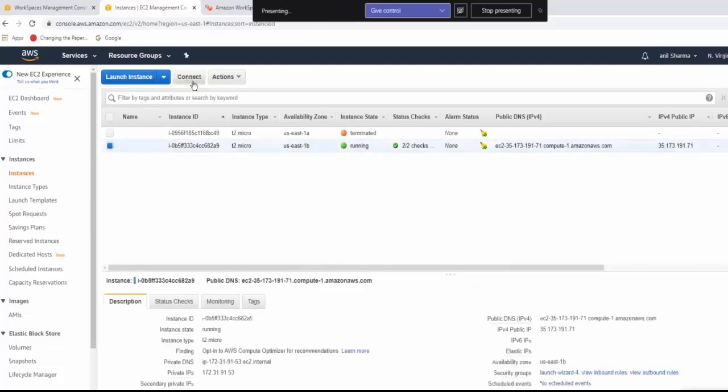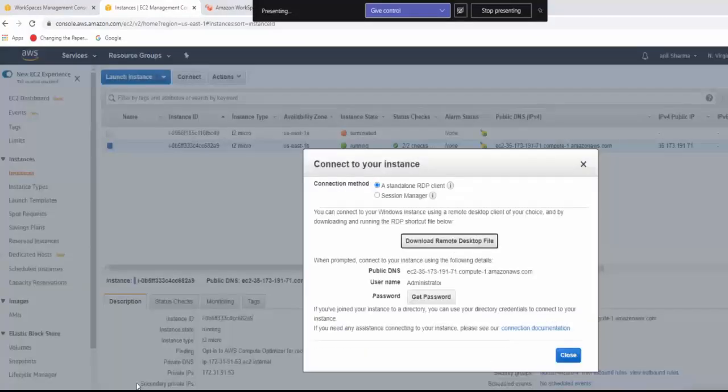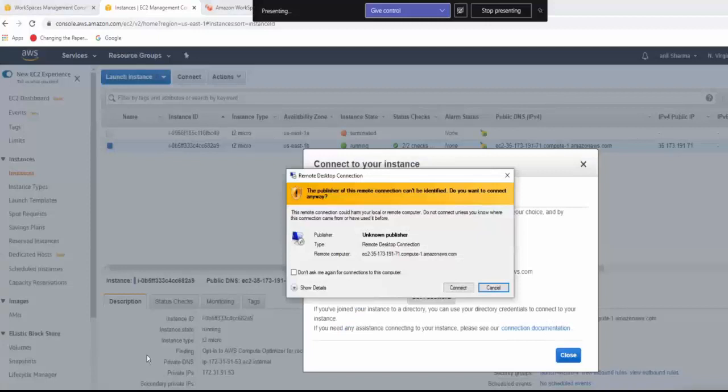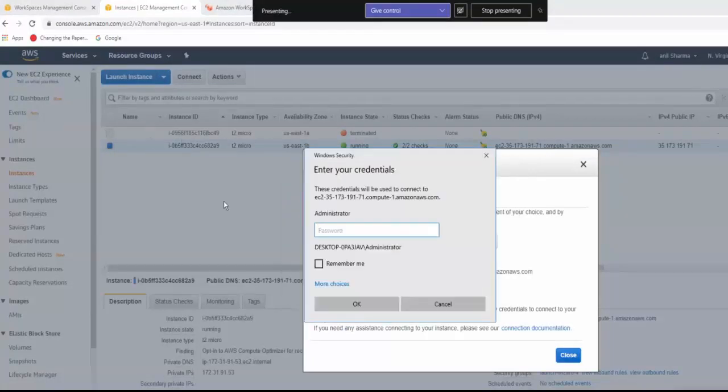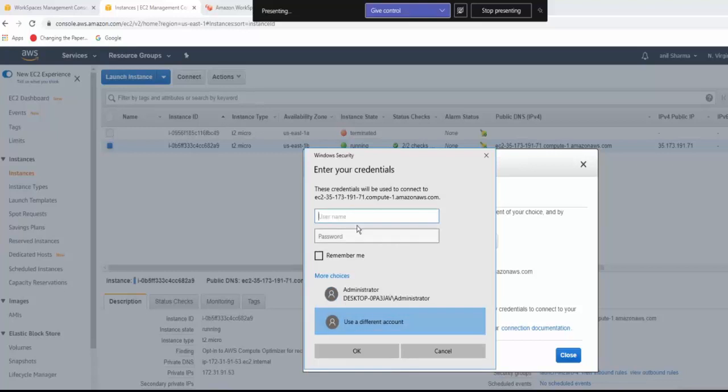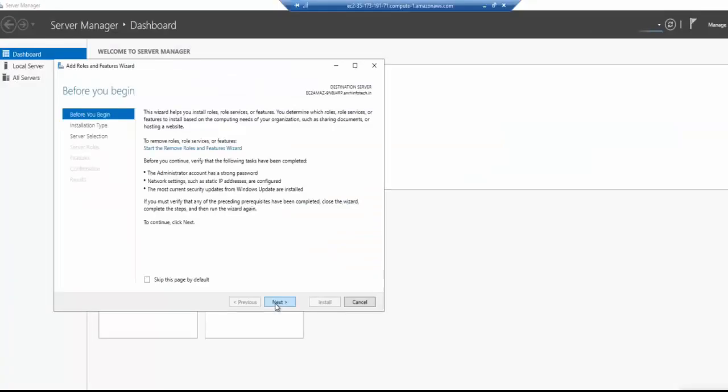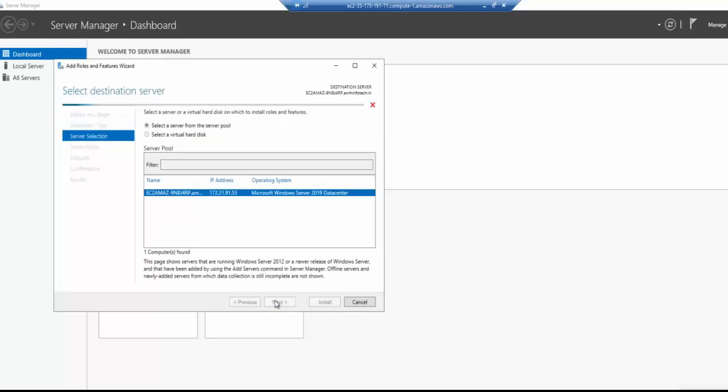Okay, my instance is ready. Let me just connect to it. I don't have to go ahead and decrypt the password or anything as such. I can straightaway log in with my domain admin onto this. So I'll go with add roles and features, and on the features tab you'll have your RSAT tools available.